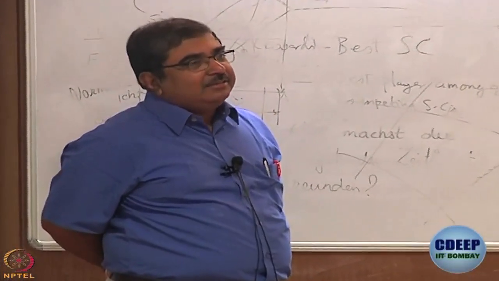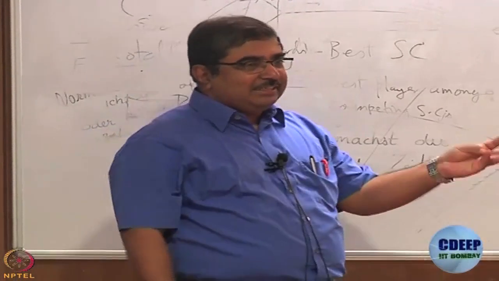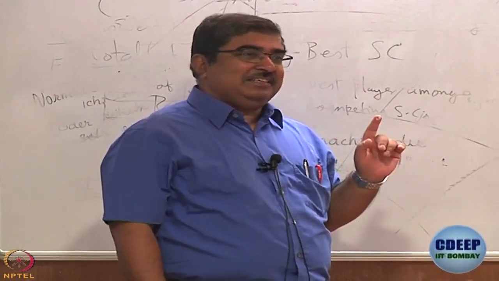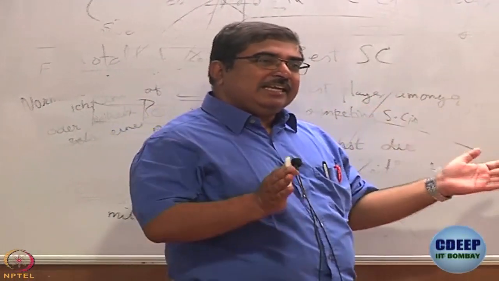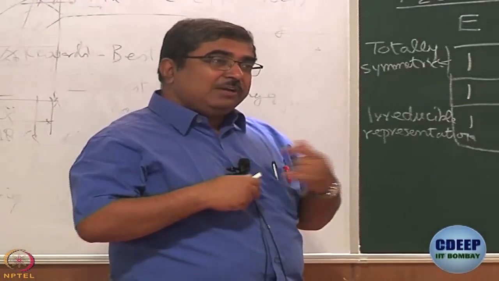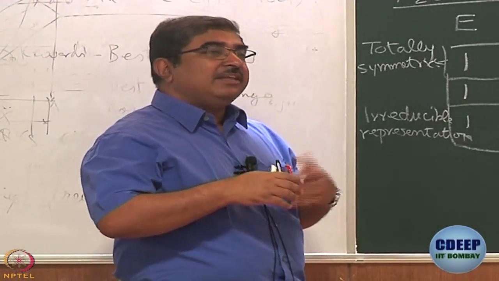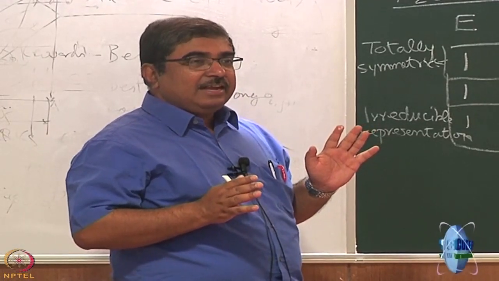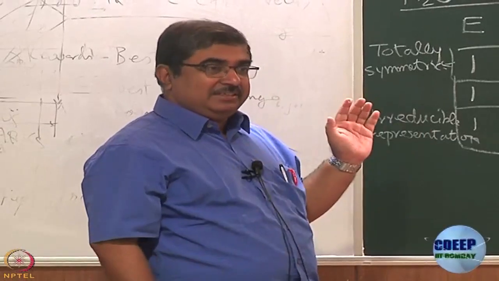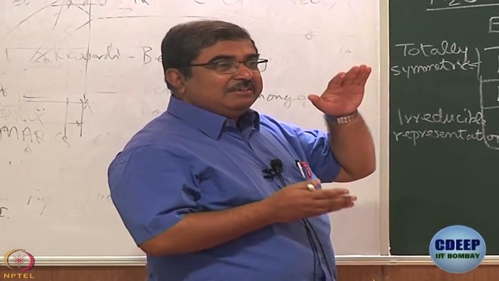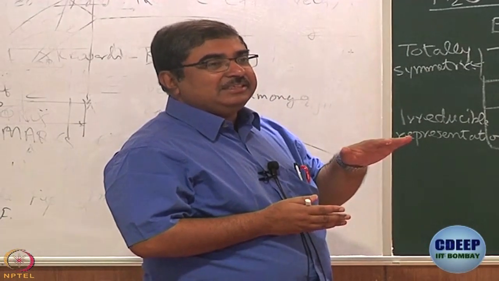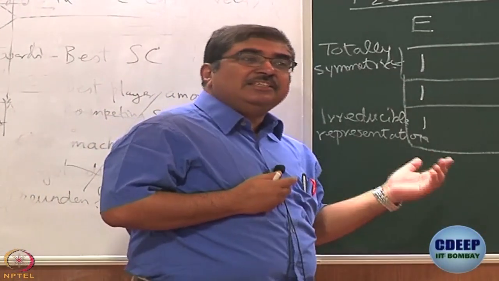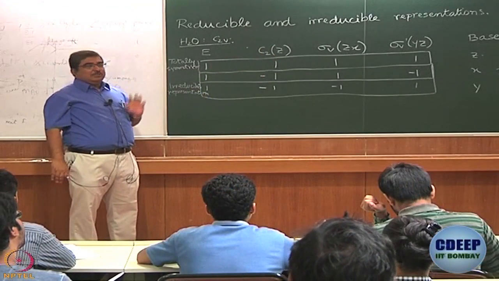In the character table, as I said, what you use is x, y, z, x square, y square, z square, xy, yz, zx, Rx, Ry, Rz, rotation with respect to x, y, z. That is what your character table has. But what we are going to work with are functions like, say, 3x square minus 4y plus 3z, and even those will have some kind of symmetry. So, the character table gives us the collection of the irreducible representations. What we try to do is see whether the function that we are interested in fits somewhere.